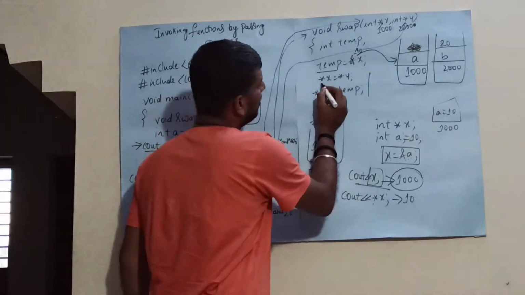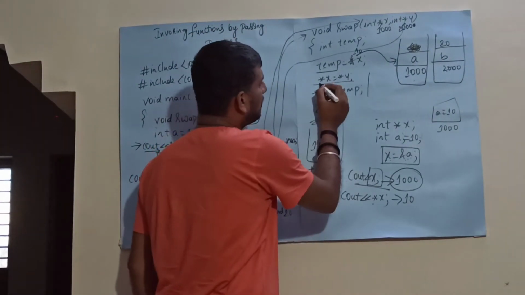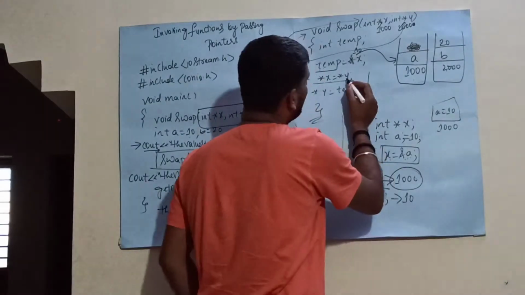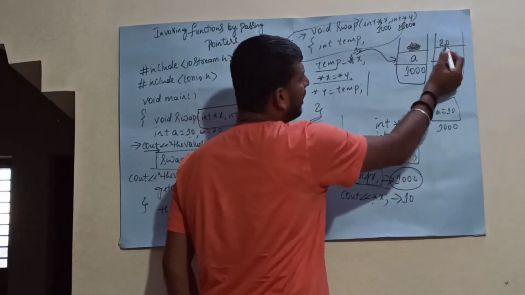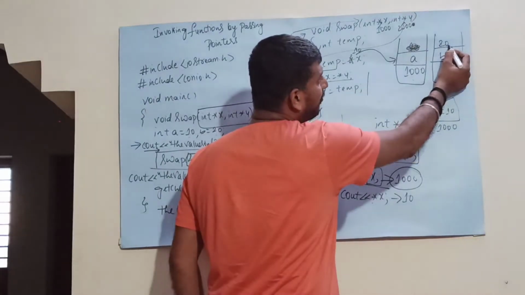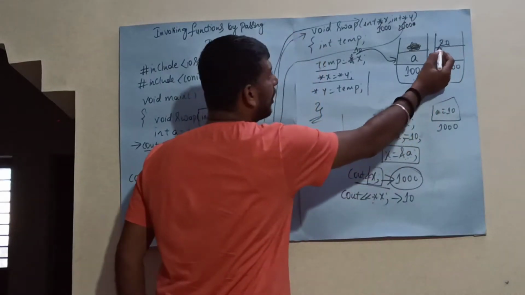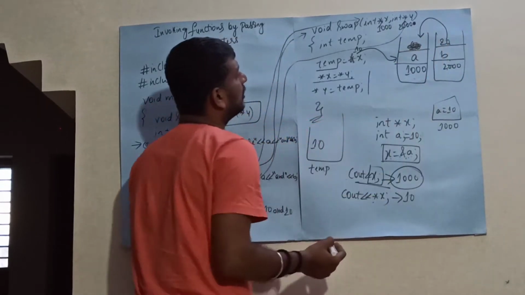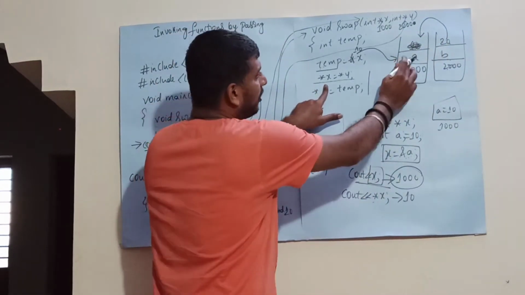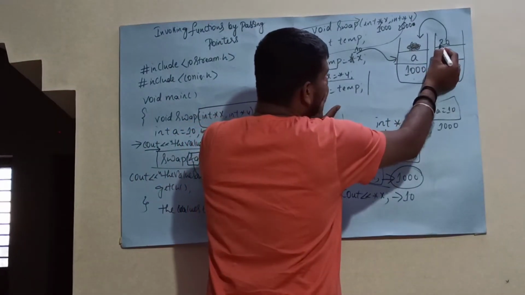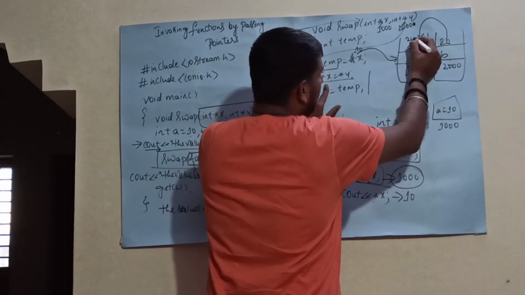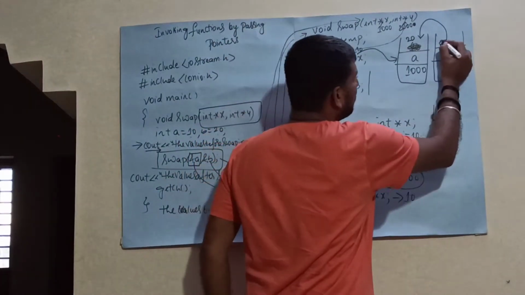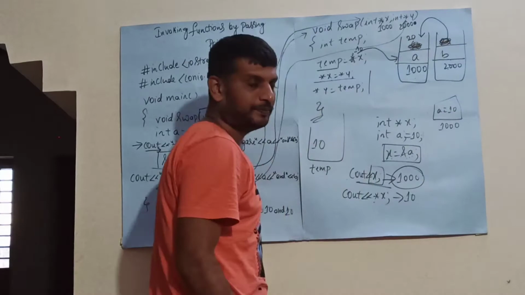Next, in the next step, what have I done? *x = *y. What is *y? y is pointing to the variable B. What is the value of B? It is nothing but 20. So, I am transferring 20 into *x. *x is pointing to A. So this value gets transferred to this particular variable. Now, the value of A becomes 20 and this location will not be having any value.